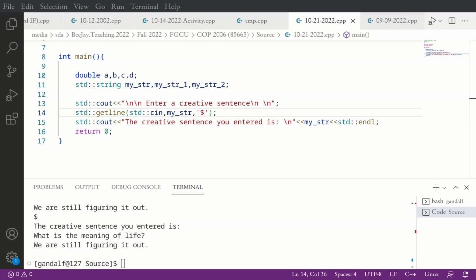So if you want multiple lines of input, multiple sentences in separate lines, then we need to use a delimiter, and that has to be a single character. Good. Now I am going to make a slight change to the code.